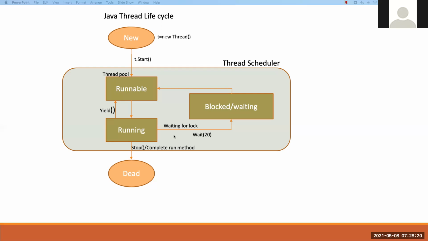Once the thread moves into the waiting state, we can define the waiting or sleeping time in milliseconds. Once this time period completes, the thread moves back to the runnable state.